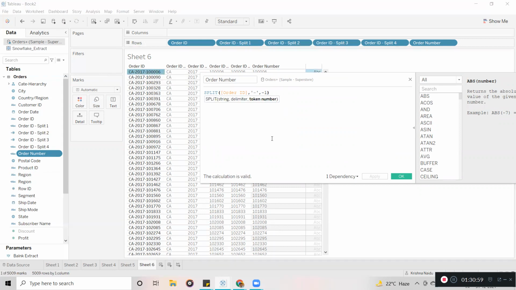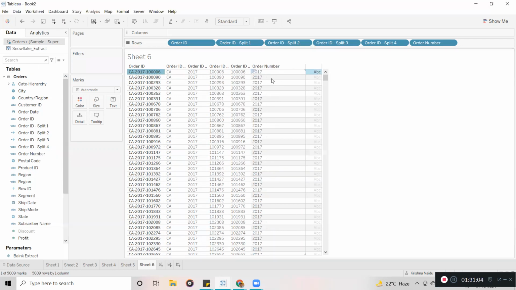If I give -2, let's see. Now you can see it picked only 2017. So that's why I have given -1, which means it takes the part in between.